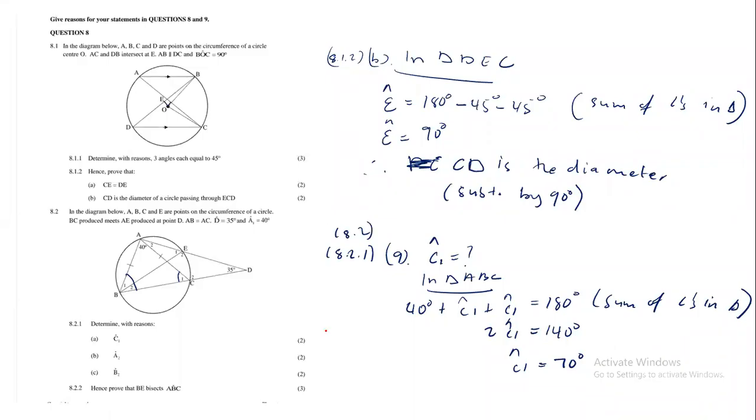All right. So this is where we basically left. We wanted to determine the magnitude of the angle C1, and then we got it to be 70 degrees using some of the basics of trigonometry. So that means we move to